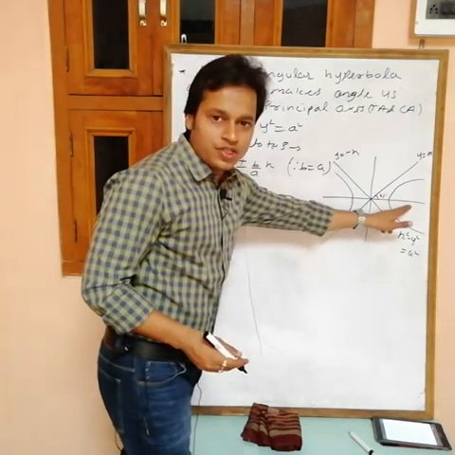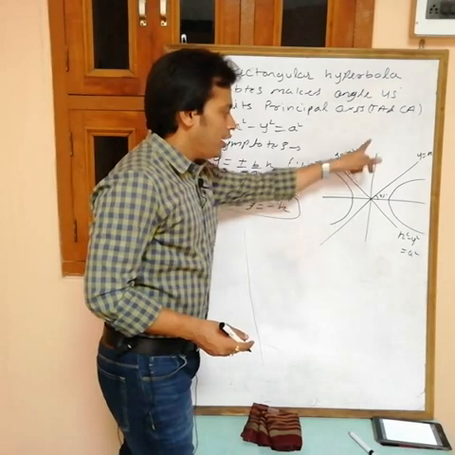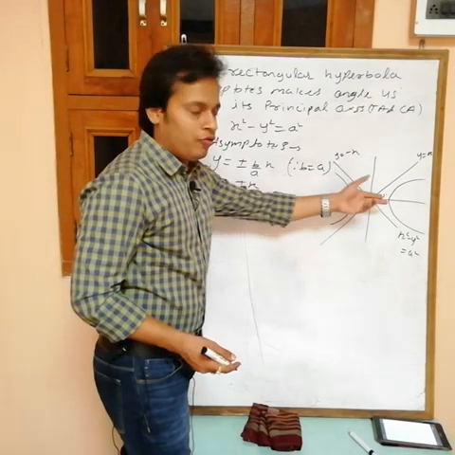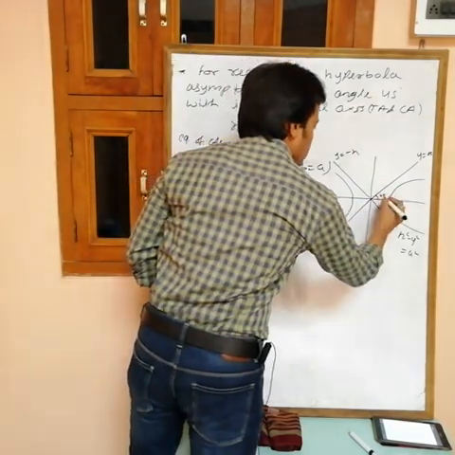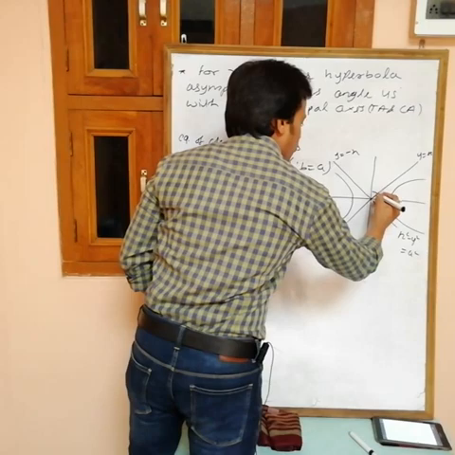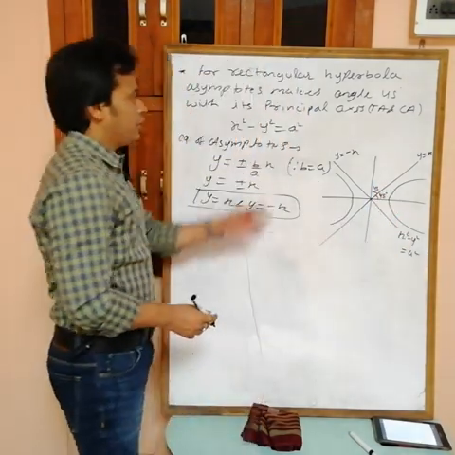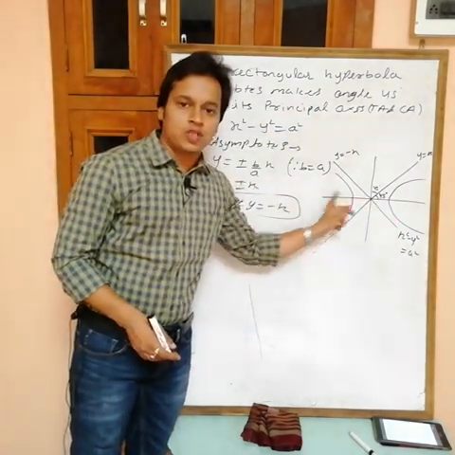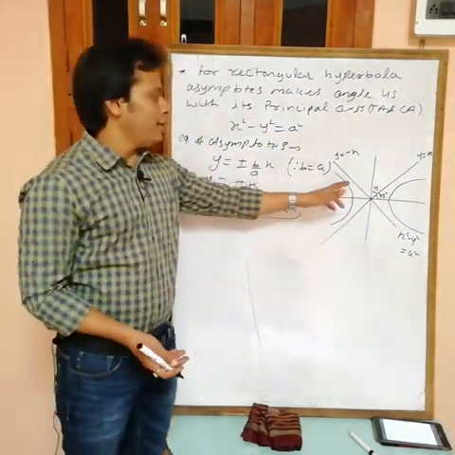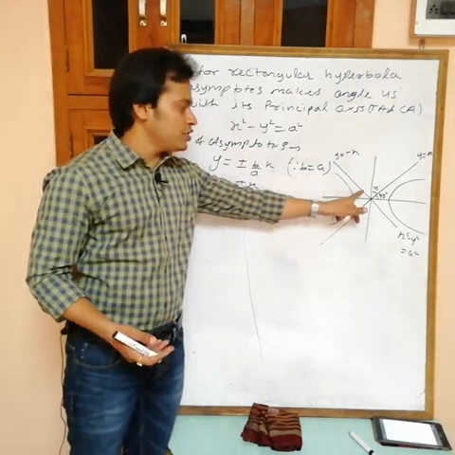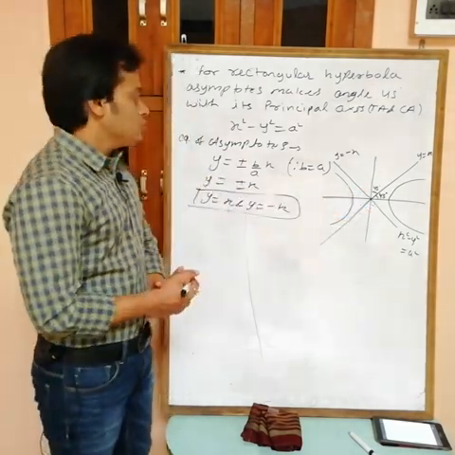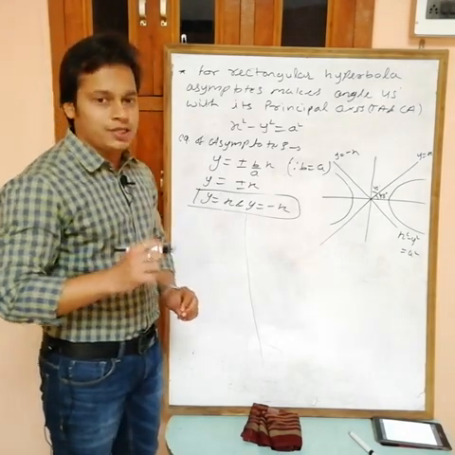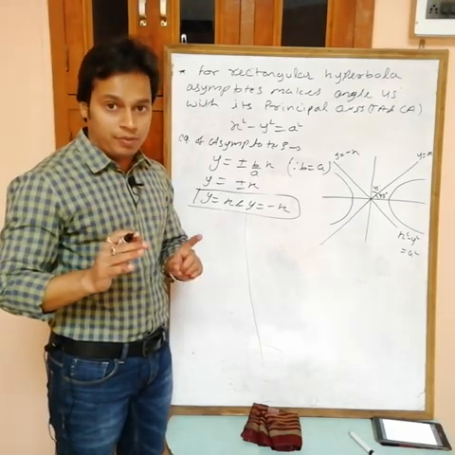This is the transverse axis for the hyperbola, and this is the conjugate axis. Now obviously y equals to x makes an angle of 45 degree with the x axis, the transverse axis, and also an angle of 45 degree with the y axis. So hence proved, the rectangular hyperbola makes an angle of 45 with the transverse and conjugate axis. For this one also the same thing, this angle is 45, this one is 45. So both the asymptotes make an angle of 45 with the transverse and conjugate axis in case of a rectangular hyperbola, remember.